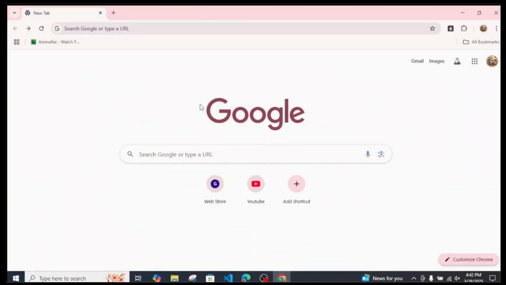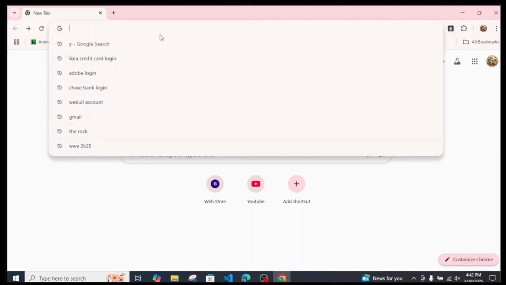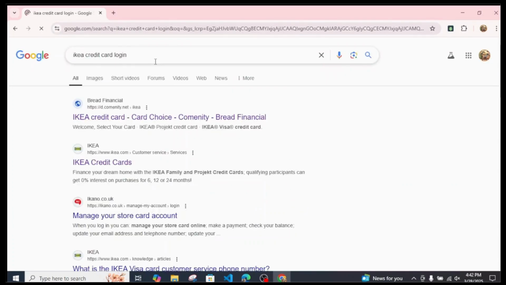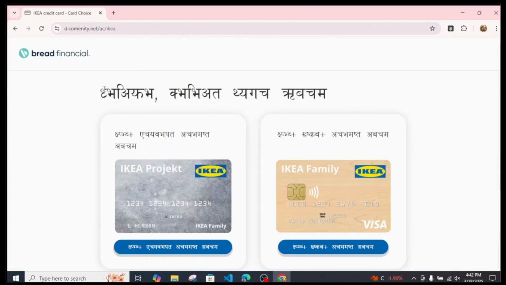In this quick tutorial, I'll be showing you how you can easily log into your IKEA credit card account online. First, just search for IKEA credit card account on your favorite browser and click on the first link, and once you click on it, you will be heading over to this page